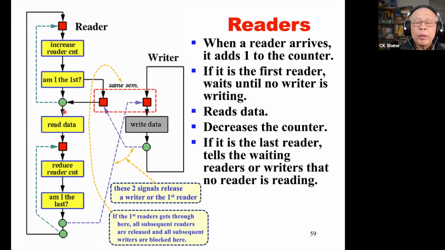And then no matter what, each thread, after reading, has to decrease the reader count. So lock the reader count again, reduce the reader count, and then, am I the last? As I mentioned earlier, it's equivalent to saying, the one who leaves the room last, please turn off the light. So if I am the last,